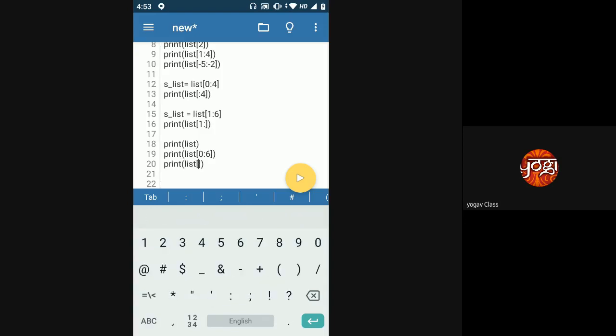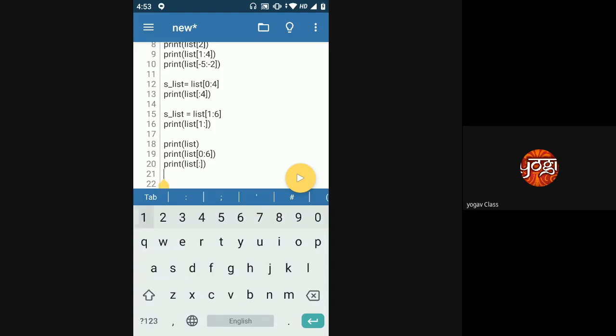You just put a colon in between. Python will understand that you want to print the whole list, because the starting index is not mentioned, so it will start from the first element, and the ending index is also not mentioned, so it will go till the end of the list, that is till the last element, and then you will have the whole list printed out.